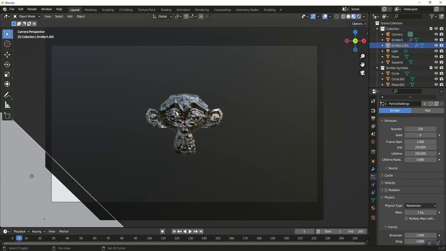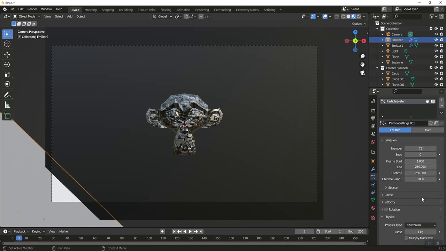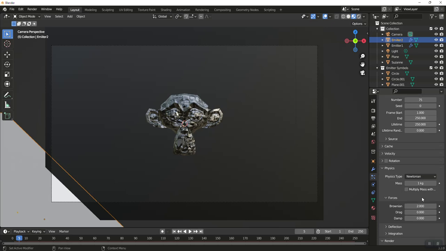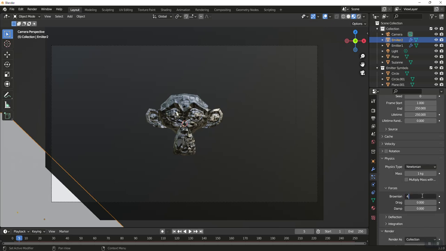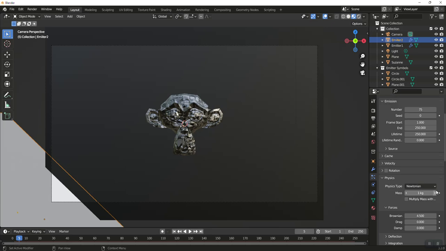I want to Shift D this plane. Go ahead and just hit enter. We're going to rename this guy emitter 2, and under the particle system, just like we did with the material, I'm going to click here so it'll be its own particle system. I'm going to drop this down to about 75 on the number, and then I want to up the Brownian to maybe a 4.5, so these have a little bit more